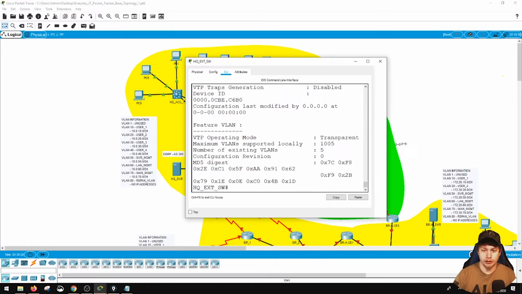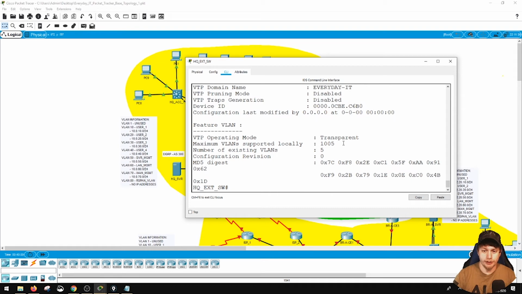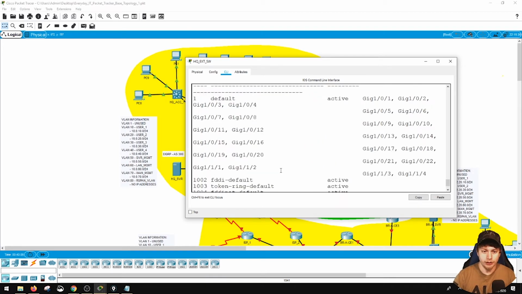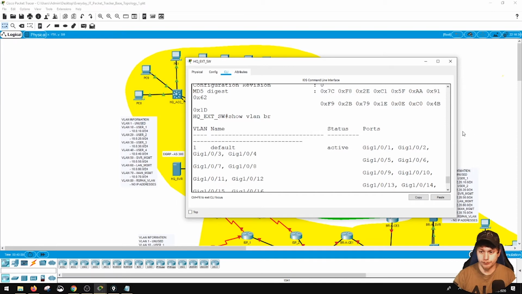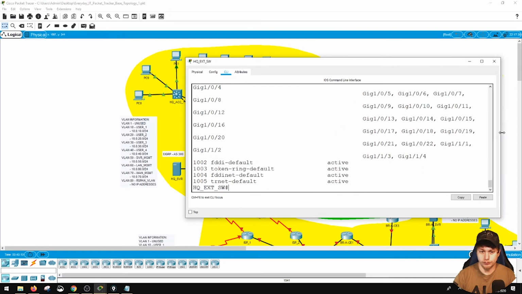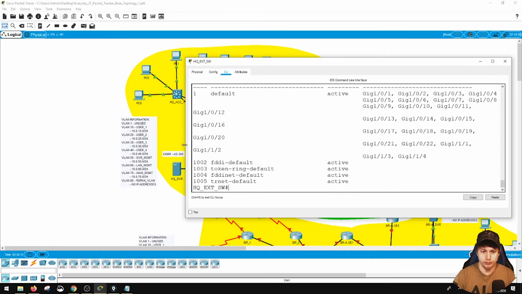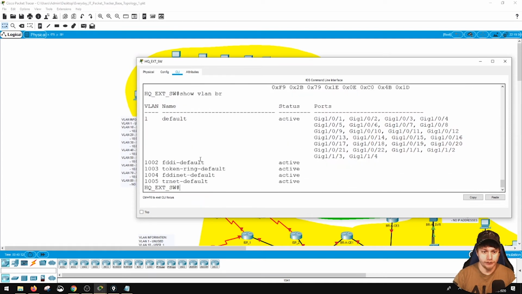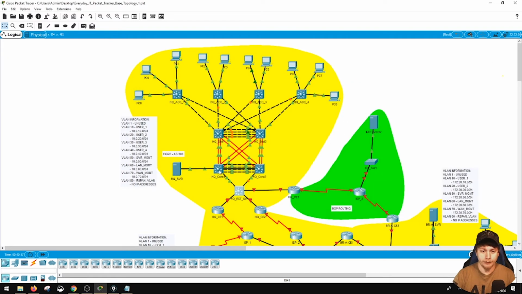So if you look, this is in transparent mode. It's in the same domain, and the number of existing VLANs is 5. So if we do a show VLAN brief, it has VLAN 1, 1002, 1003, 1004, 1005. Those are all default VLANs. Go to Core 1